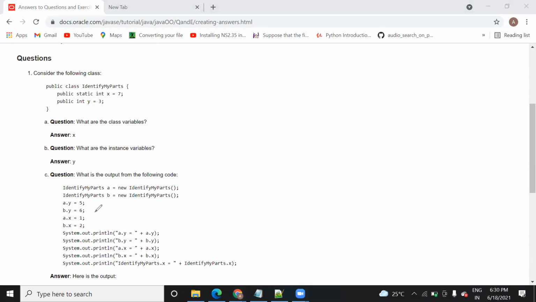Like suppose here you have created a and b as objects. So inside your memory, yeah, why is it not working? Just 1 minute. My pen. Okay, let's try in Paint.